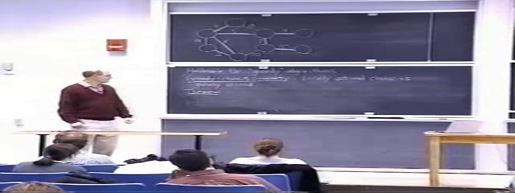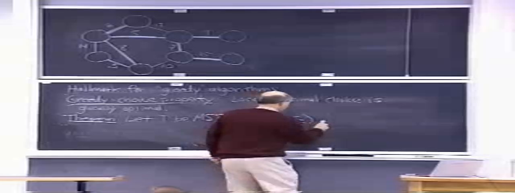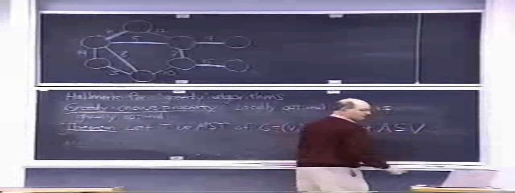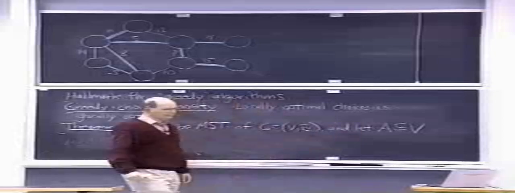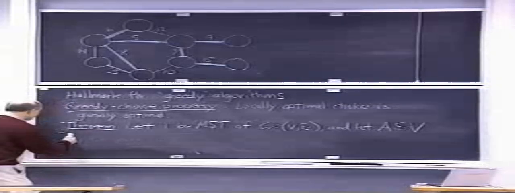Okay, but there's actually an even more general statement than that. So let's let T be a minimum spanning tree of G = (V, E). Okay. And let's let A be an arbitrary subset of V. So some subset of vertices. Okay. And now suppose